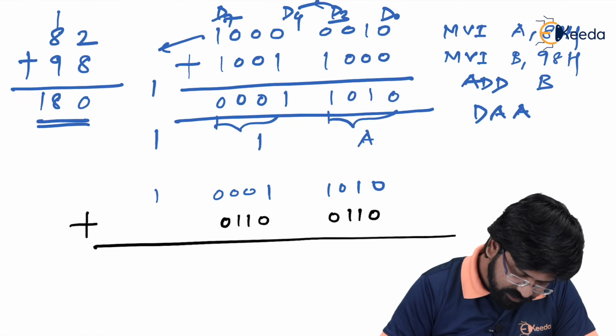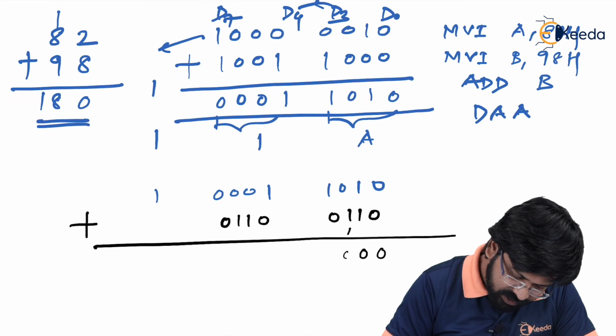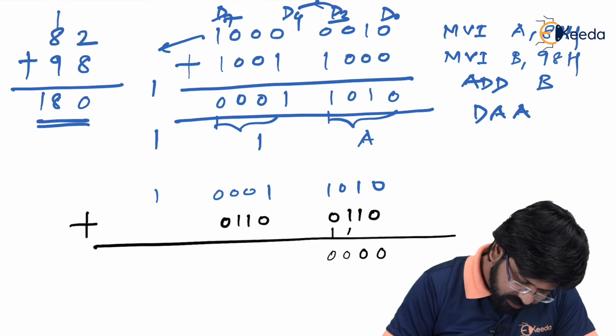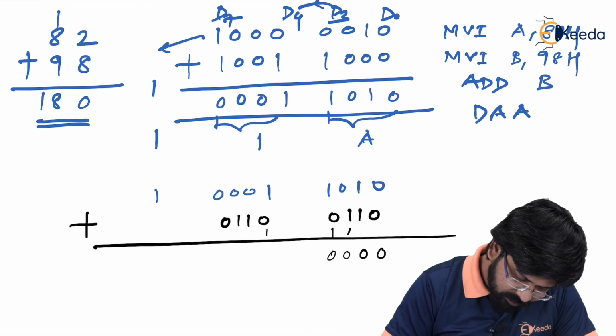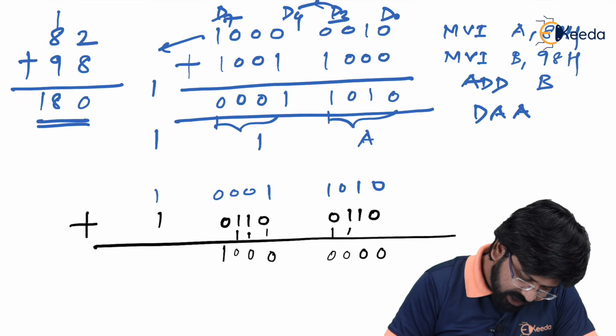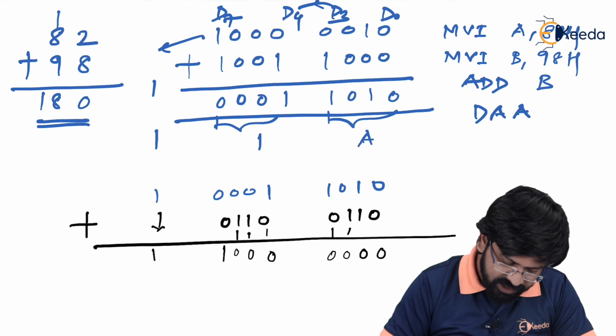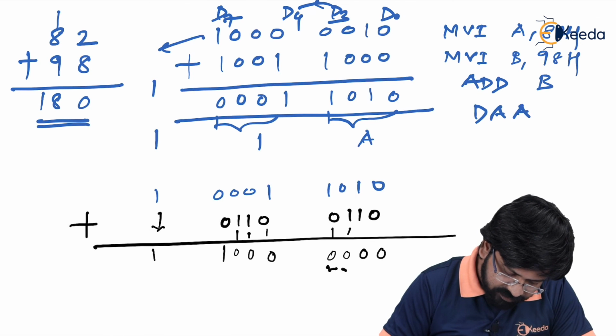Let's see what the final result is. This is 0, 1 plus 1 sum 0, carry 1, and so on, each 1 plus 1 giving sum 0, carry 1, and this carry remains the same. It is not going to change. And now let's see what result we have in our hand.